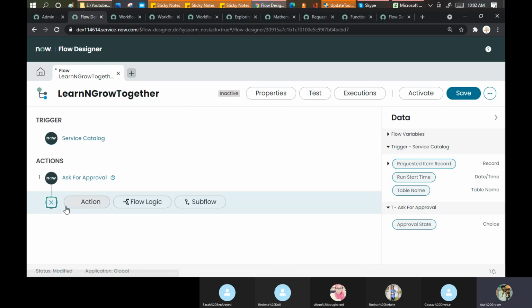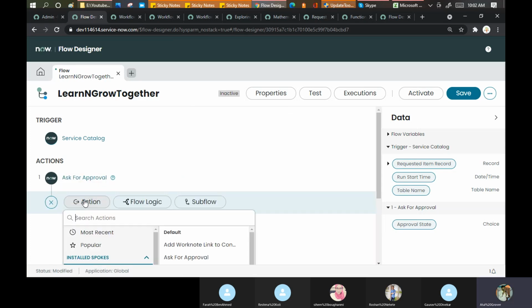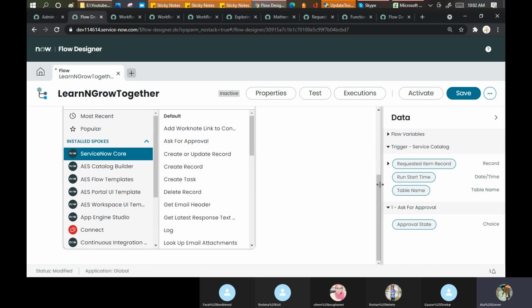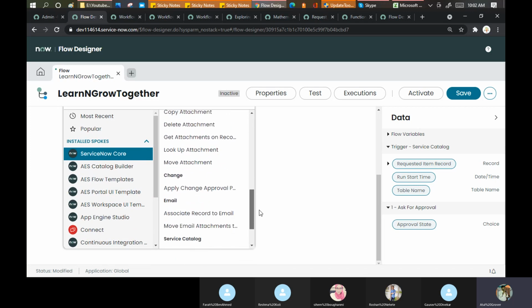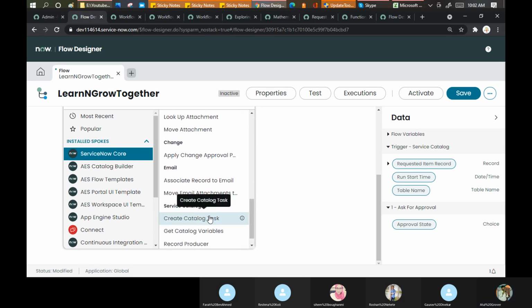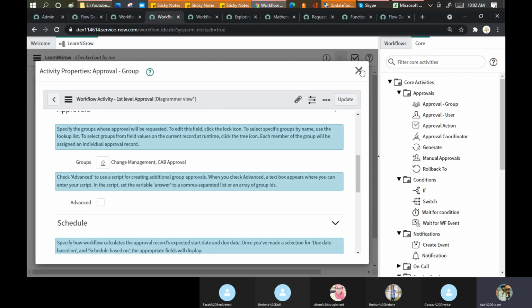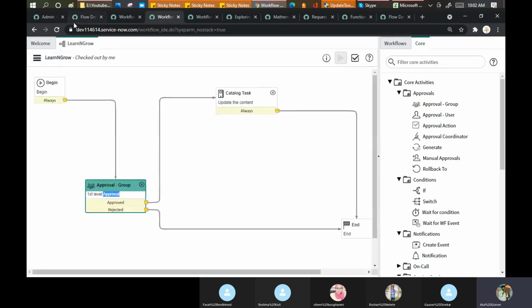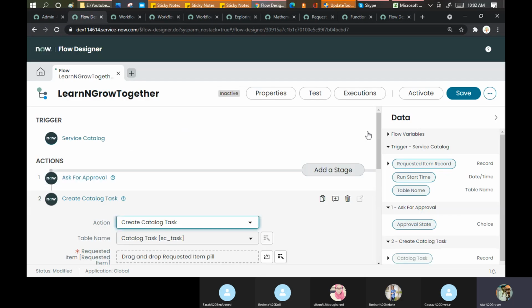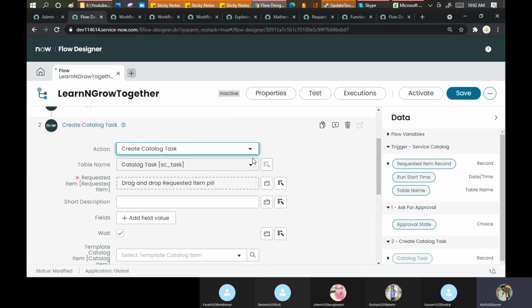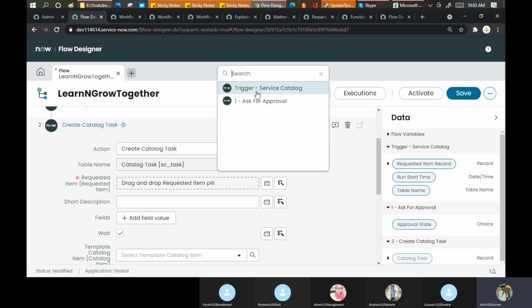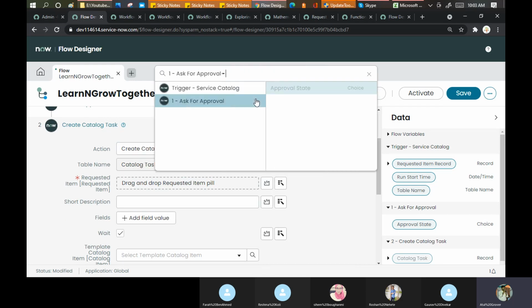Next, I would like to add one more action. What task? I want the catalog task to be created automatically. So you can go here and search for the catalog task. This one, create catalog task. The same thing which we did here. Go here and you can define on which record this task should be created. I said the record which is approved in the,